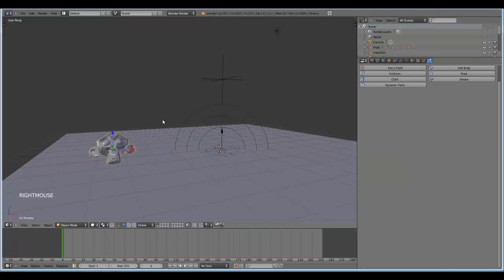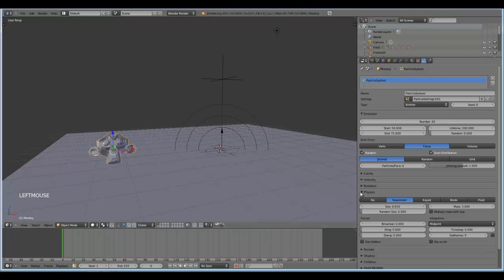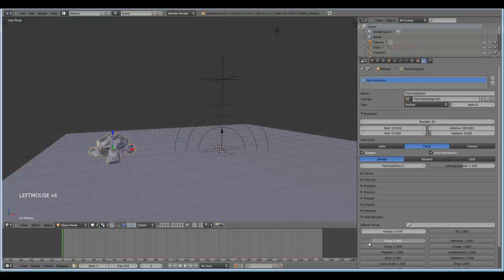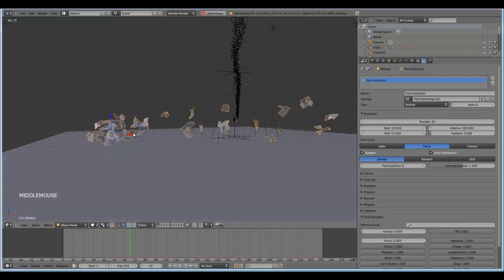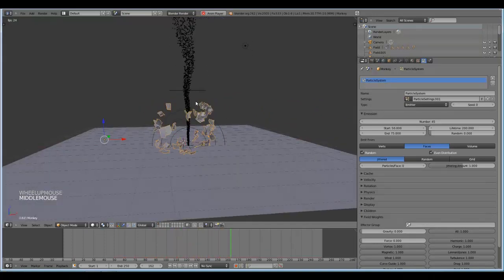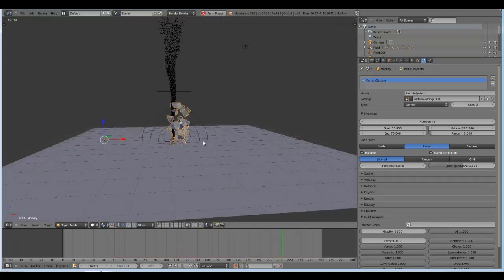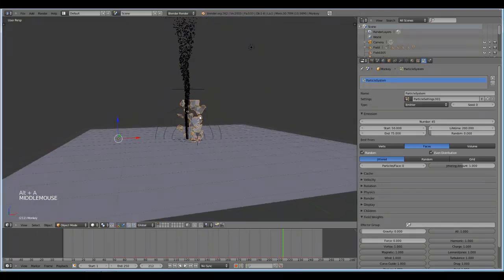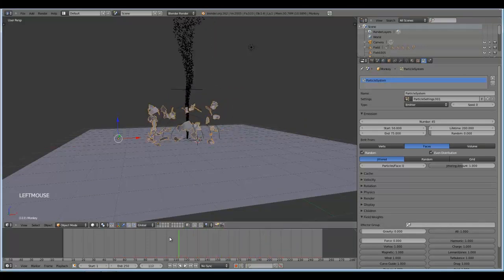And I will show you that if you don't want a specific force field to affect your particles, you can still deactivate its weight on the field weights here, so the force to 0. And now my part won't be attracted by the force, so it's still being attracted into the center because of the vortex force field and its inflow value. So it would be wise to recreate a new force field setup, but for now I will keep this one